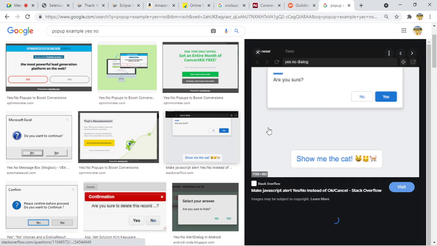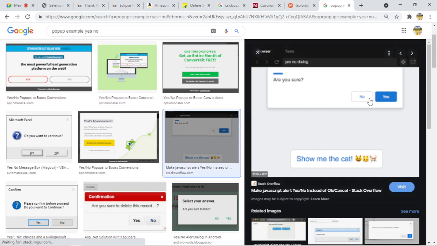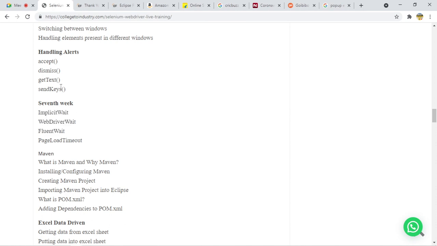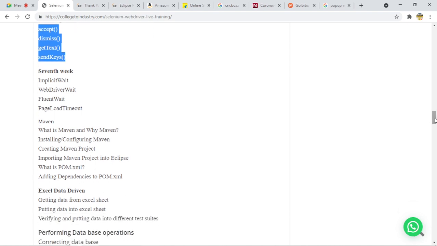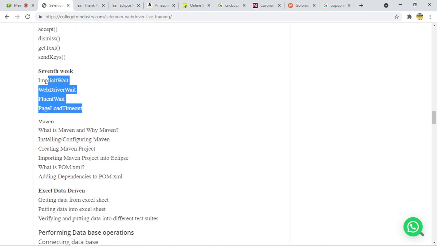Okay, yeah, this one. Sometimes on some websites you will see this kind of pop-up, and you have to choose some options. We will see how we can automate it with the help of Selenium as well. For that, we have some methods which are listed here. We will see them in detail, how to handle the pop-up. And this is the wait, so we will talk about that later.